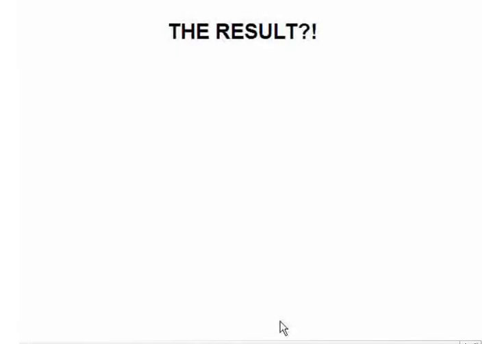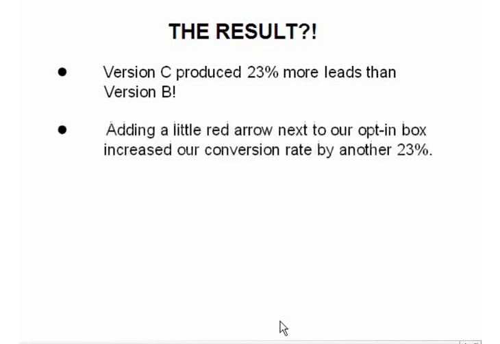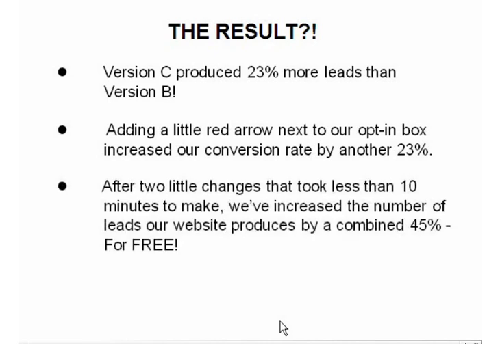What was the result in our second split test? Turns out version C produced 23% more leads than version B. That little red arrow increased our conversion rates once again by an additional 23%. That's huge. So after these two little changes that took less than 10 minutes to make, we've increased the number of leads our website produces by a combined 45%,